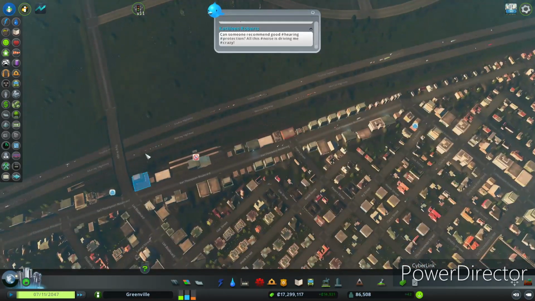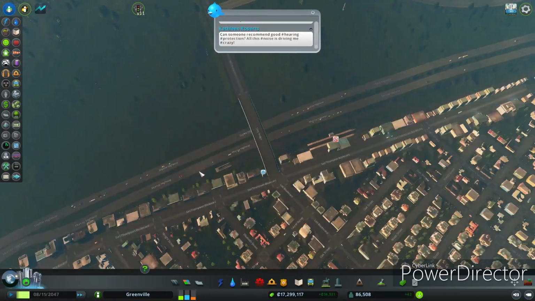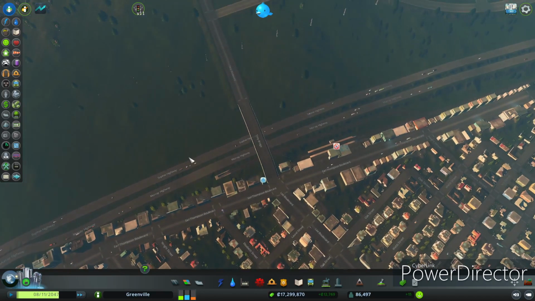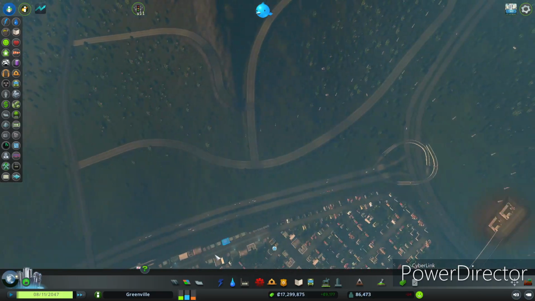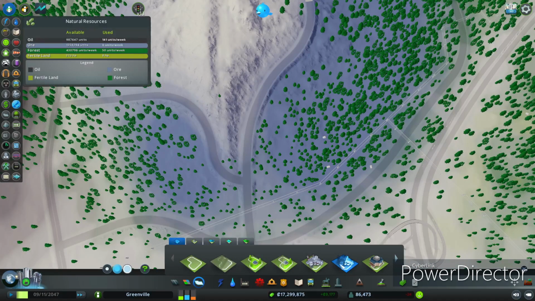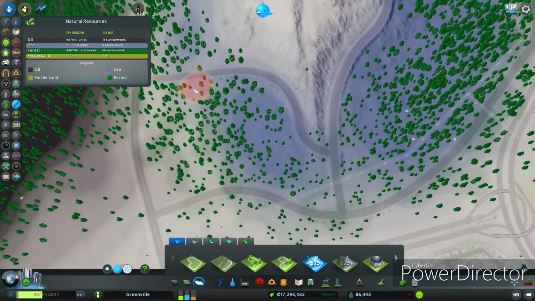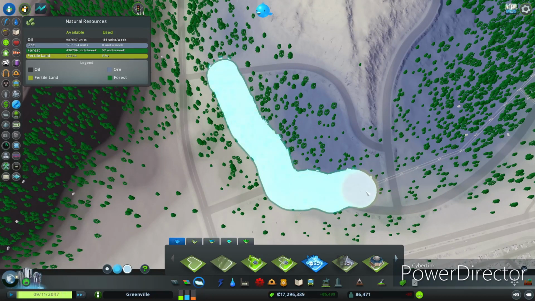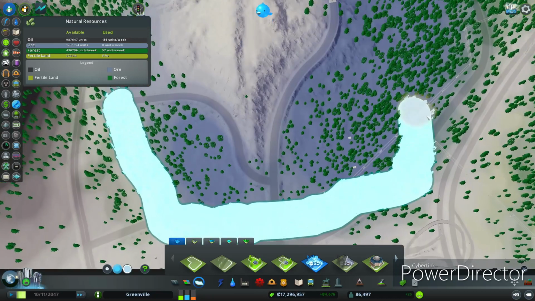You know what I just realized? We can't build a highway exit. I future-proofed this, didn't I? I always love to do that. Just future-proof stuff. My goodness. It never fails. Anyways, I will ignore the fact that I maybe screwed myself over, and...